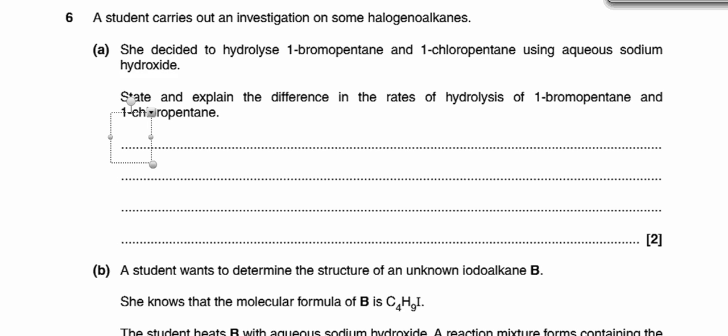The first question here is a fairly straightforward one on rates of hydrolysis. So state and explain, and perhaps I'll highlight those. You've got to say what the difference in rates of hydrolysis is between the bromopentane, 1-bromopentane, and the 1-chloropentane. So here we can say, first of all, to state, 1-bromopentane